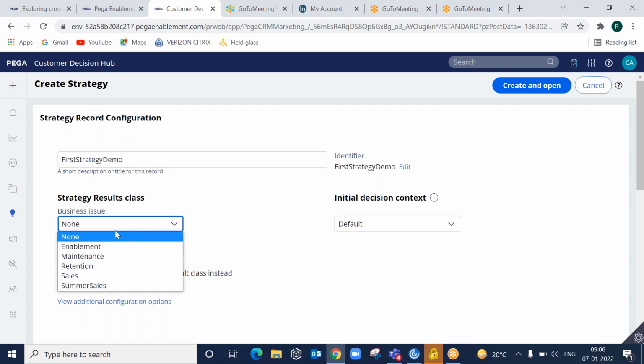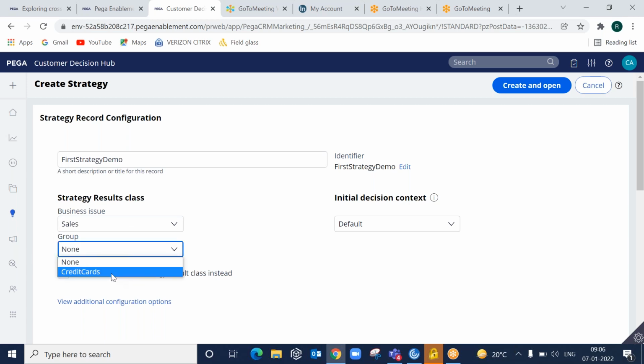Now here we need to select the strategy results class. What this means is, let us say for example your strategy will give output only within sales and credit cards, then you need to select like this. That means the offers that come from the strategy are present in only this group, so you can select sales and credit cards if you want to restrict that way.